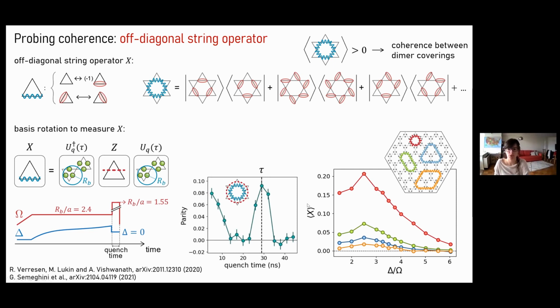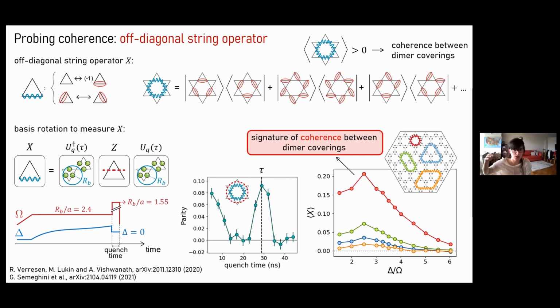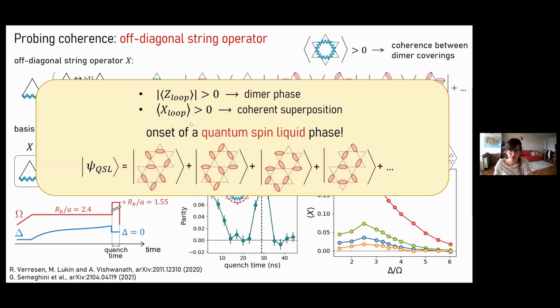So this tells us that we have indeed some degree of coherence between different dimer coverings. So summarizing these two measurements, from the finite expectation value of Z loops, we know that we are in a dimer phase. From this second measurement of X loops, we know that we have some degree of coherence between dimer coverings. And all of this together tells us that we are observing the onset of a quantum spin